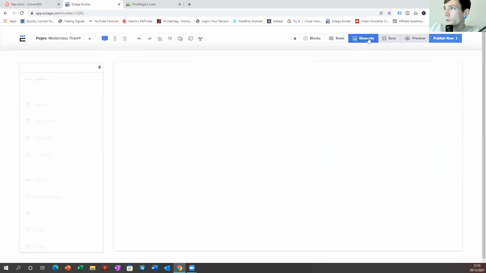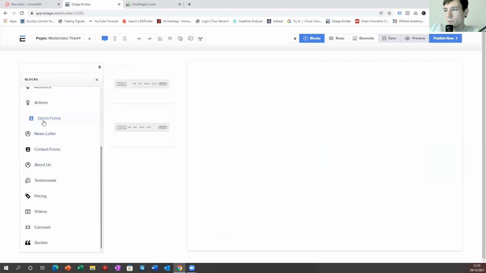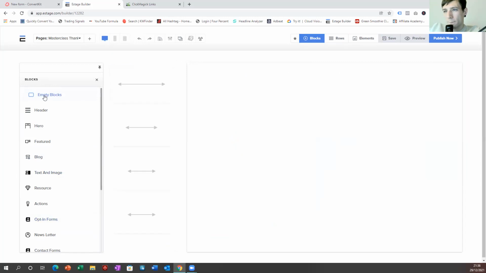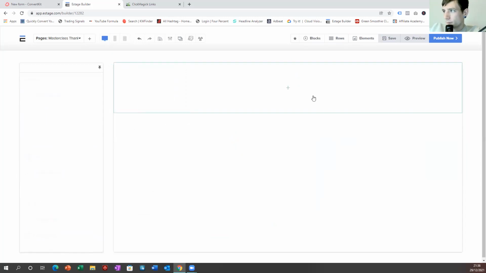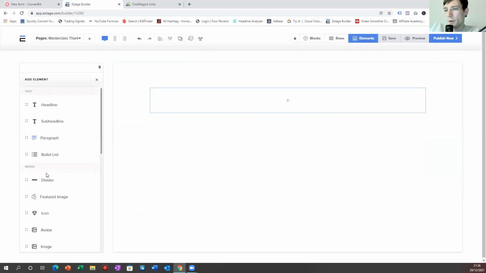Then I'm going to go to elements. I'm actually going to go to blocks. And then we'll drop like an empty block in here. But let's just have a look. See, we've got newsletter, then forms. So you can build all these pages from scratch as well. But let's just say we wanted to add a header and video and a button.